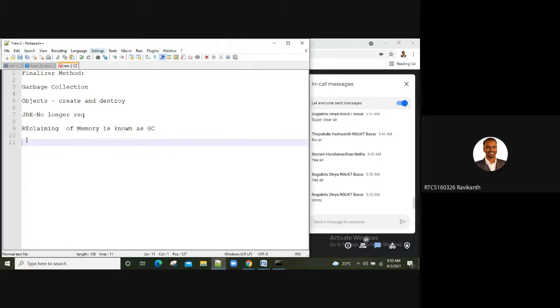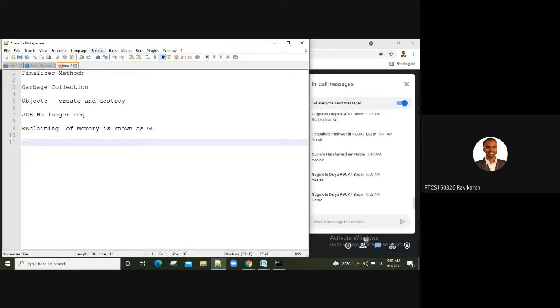Again in the morning people will come, again they will distribute pamphlets, everything happens. This is a routine job there. Every day this is a routine job, as we are doing in our programming. Every day we are creating objects. So that GHMC team at late night deallocates all the memory which was allocated by different objects. In the sense, they are reclaiming the memory. This process of reclaiming the memory is known as garbage collection.